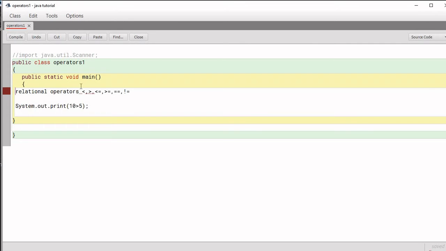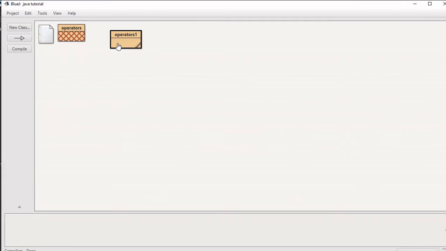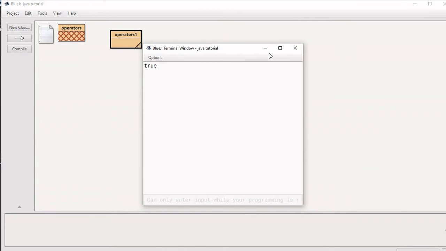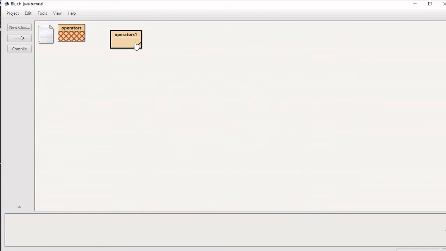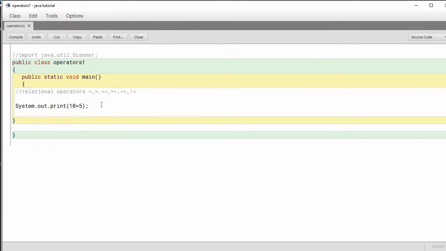So the result will be true. Let's compile this, and the answer is true. So we know that 10 is greater than 5, so the answer is true. Alright, so this is the relational operator.